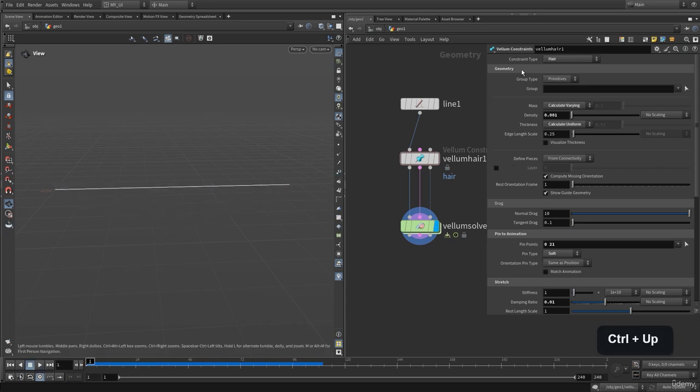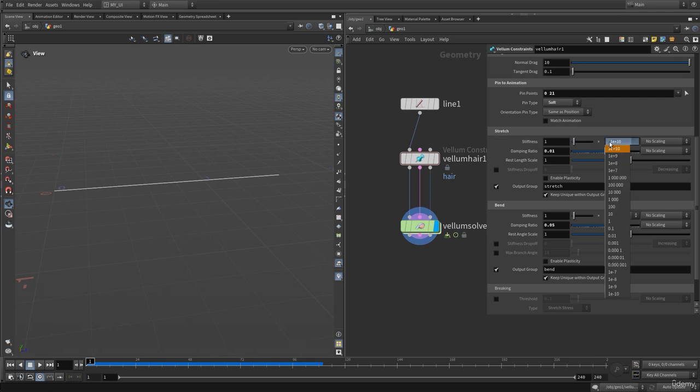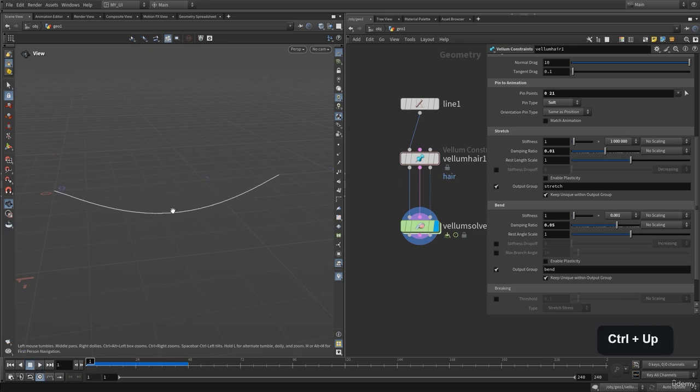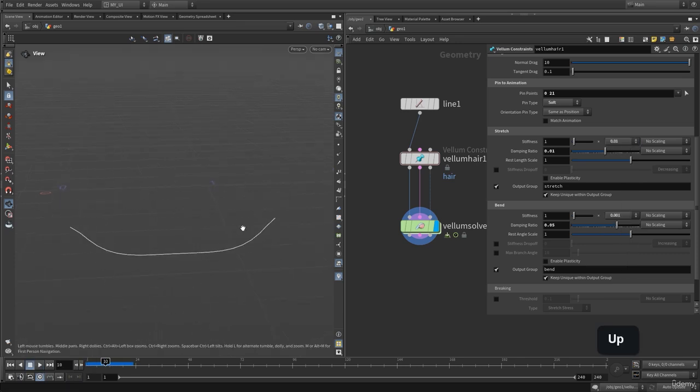I can go into this Vellum constraint, and I can adjust some of the properties of this material. Right now we have the stretch, and it is set to infinite stretch. If I were to lower down the stretch stiffness, here you will see that this is going to stretch. Right now I cannot see. Let's maybe lower this value down to 100, or maybe even lower, to 1. Let's keep lowering this down to 0.01, and here as you can see the simulation is now just breaking. Let's change this to 0.1, and let's see, and here as you can see we have this springy type